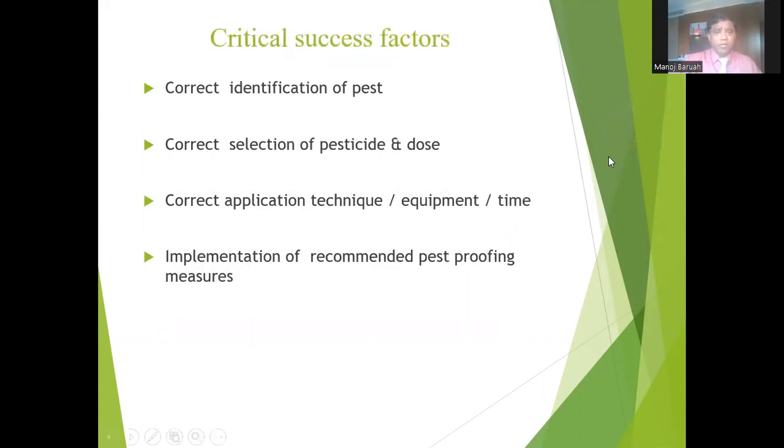Critical success factors. The treatment success depends upon right identification of pest, correct selection of pesticide and doses, application technique, even equipment, and time. Some pests we have to treat at a particular time to give better results. So these are the things